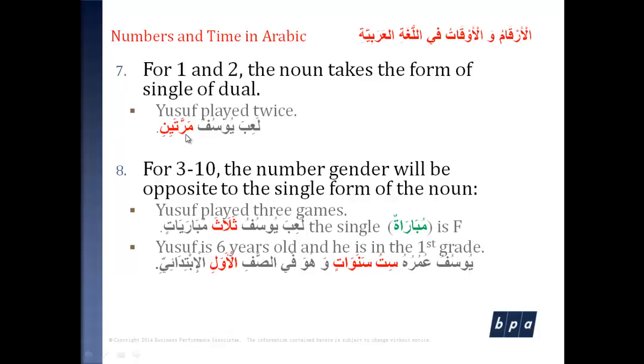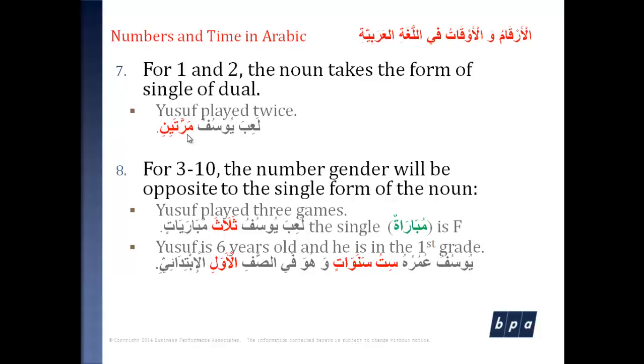Here's an example. مرة would be one. مرتين would be twice, which is similar to English. You'd say once or twice, and then you say 3 times, 4 times. And the same pattern is in Arabic. You say مرة or مرتين